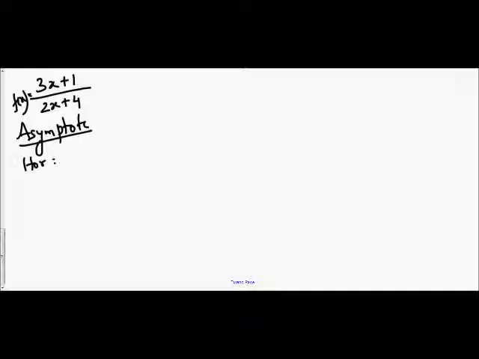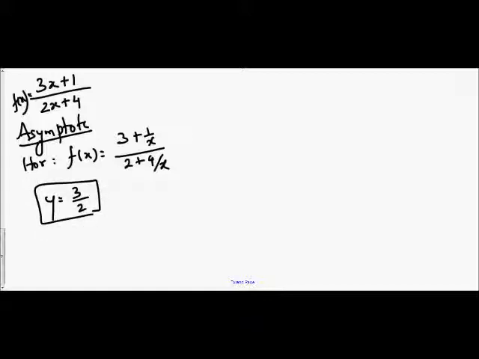So let's try sketching a curve 3x plus 1 over 2x plus 4, which is equal to f of x. So if this is the question, without calculator, how can you sketch this curve? First of all, you need to find the asymptotes, either vertical or horizontal or both. Okay, so let's go for horizontal asymptote now. So this would be f of x is equal to, or y equal to 3 plus 1 over x divided by 2 plus 4 over x, or you can just directly write a over c as we just derived it. So y equal to 3 over 2 is our horizontal asymptote, and for vertical asymptote,